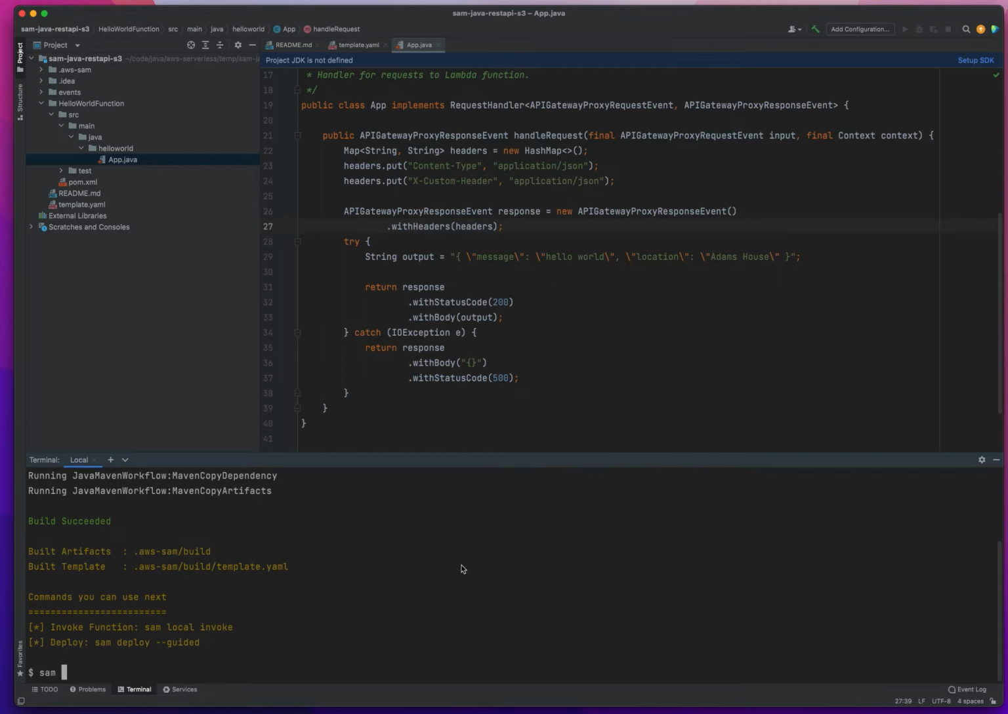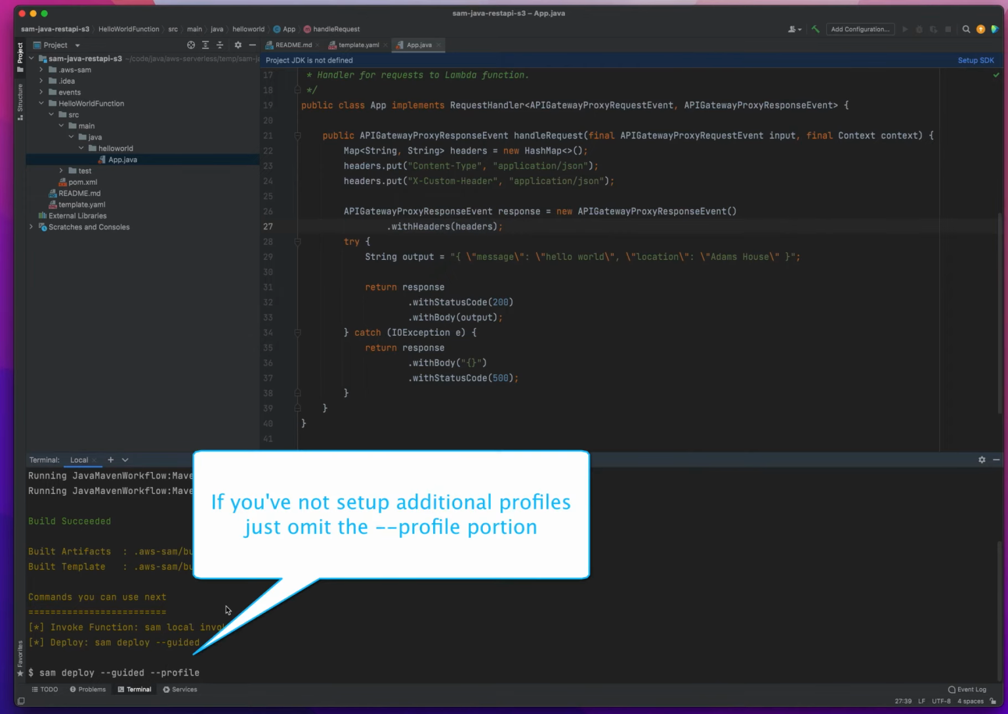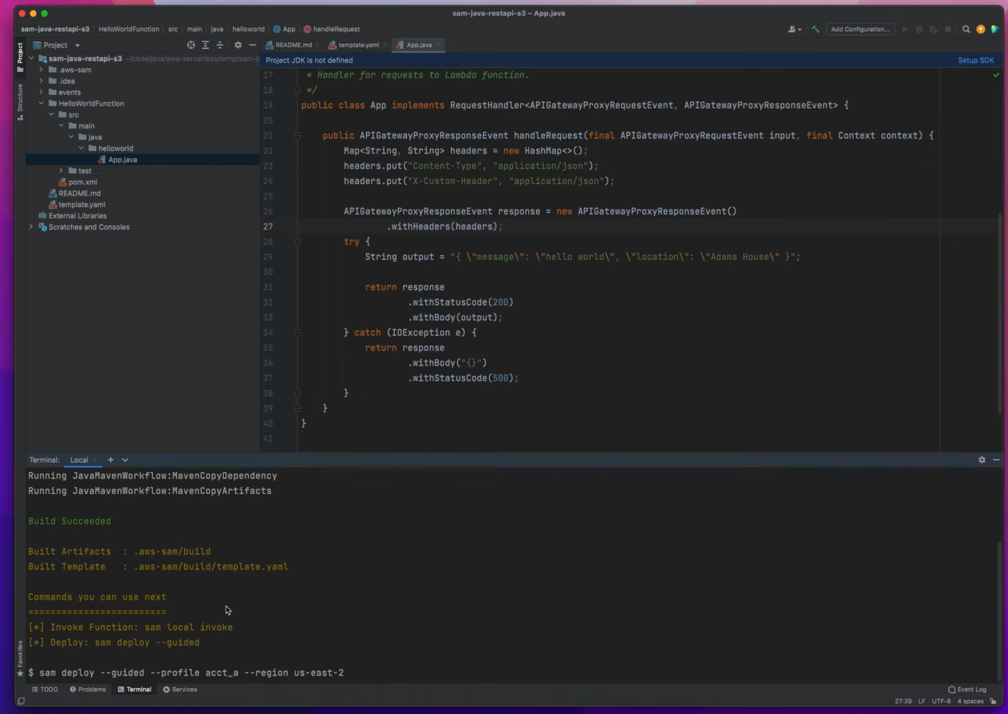So I'm going to do sam deploy --guided, just like what it recommends here after the conclusion of my sam build command. However, I have various profiles here in my AWS setup, so I'm going to use a specific one, account A, and I'm going to deploy this to a very specific region of US East 2. All right, so